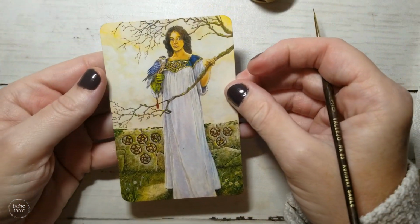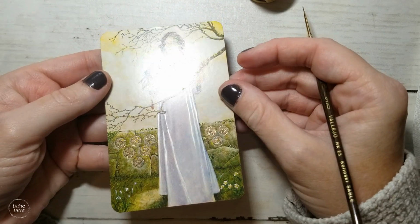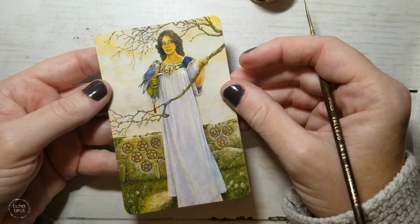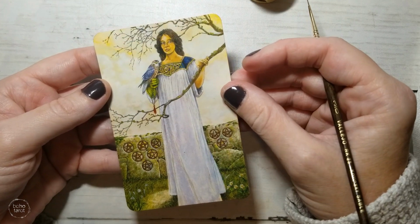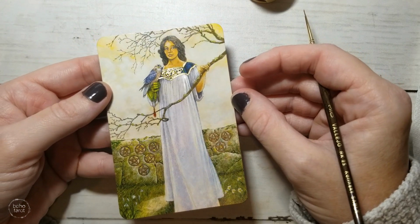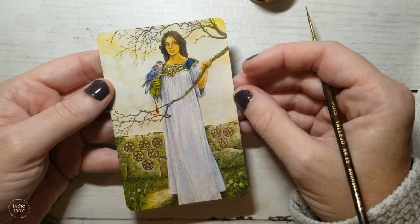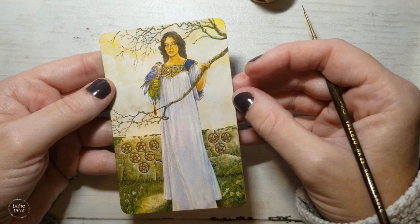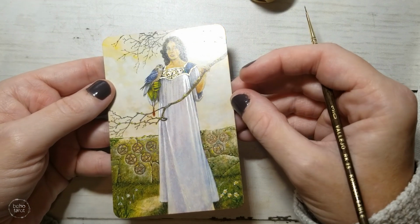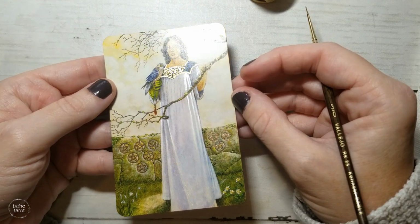So I think that this card is done because I don't want to overdo it. The whole point of this is, like I said, not to cover the whole card in paint, but to just highlight some accent points. So I think that is pretty. I think that works really well. I'm not sure if it's all picking up, but